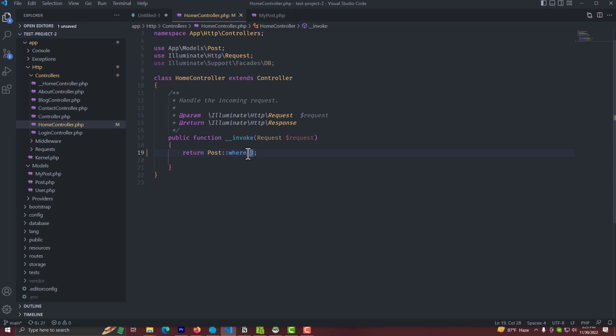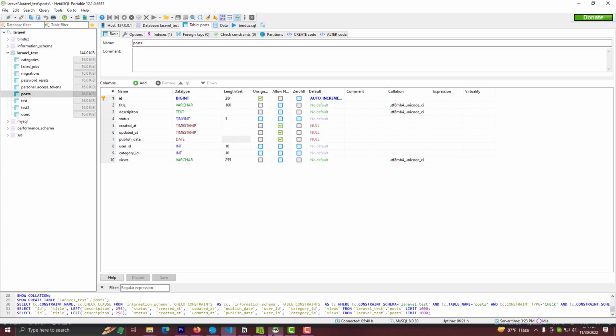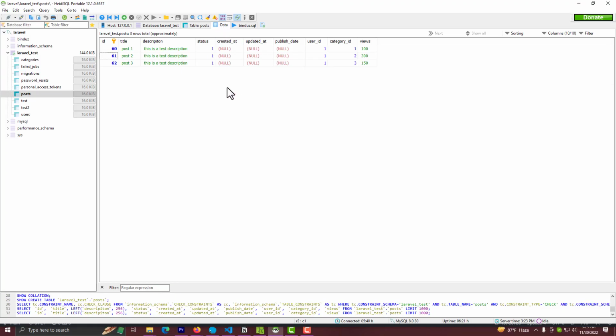In our query builder video we saw how we can use the where method, right? So we can use the where method the same way. First of all, we have to specify the column name, as we know. Let's go to our database manager first and see our data. I will take this views column,